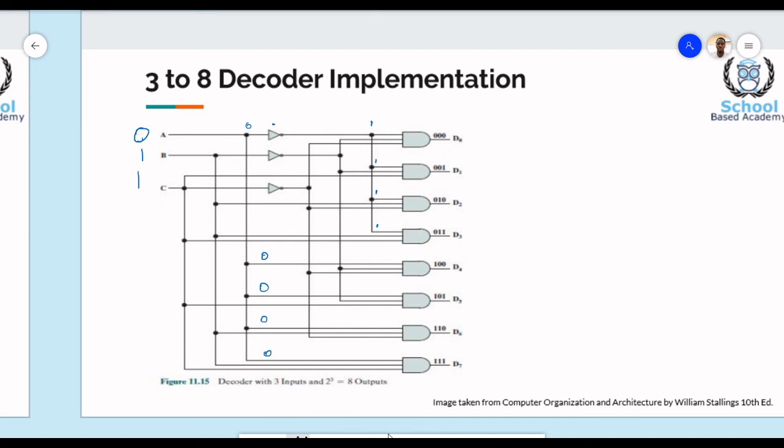Now along the B line, the same thing will happen. For the B line, because the value of 1 was placed in, we follow the line down, and B will give us a value of 1 here, here, here, and here. And B will give us a value of 0 thanks to this inverter. It will give us a value of 0 here, here,